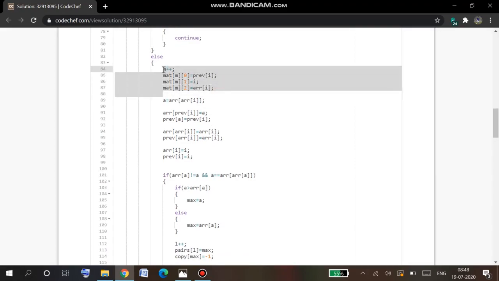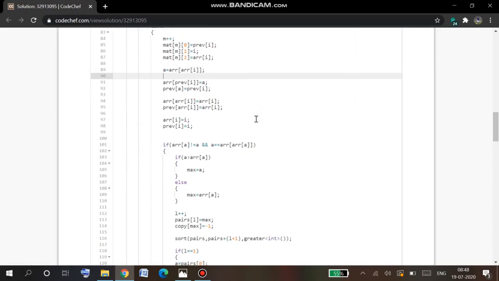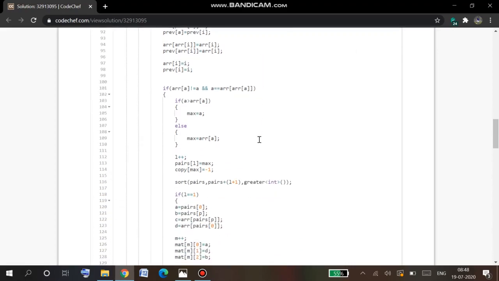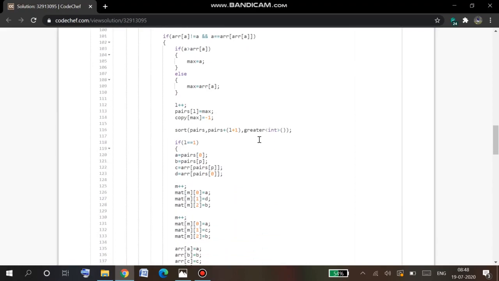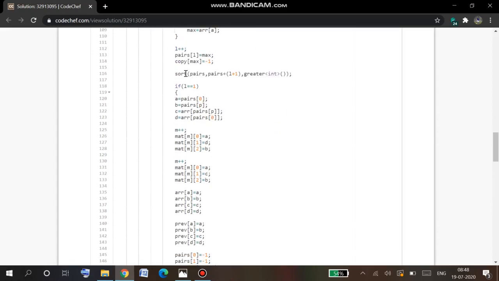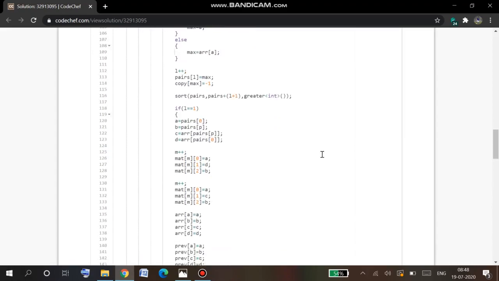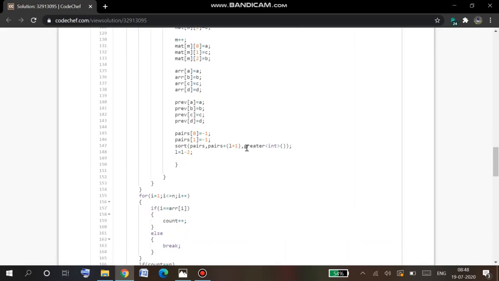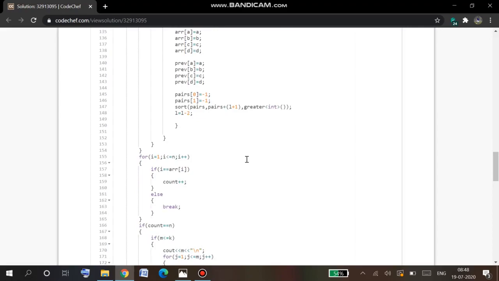Yes, that's what I am doing here. And also after performing a right cyclic shift, I am checking whether a pair is formed or not. Yes, if a pair is formed, I am checking whether I have one more pair for it. If L is equal to 1, that means if I have one more pair, then I can sort it in 2 steps as mentioned above. Else I have to continue.